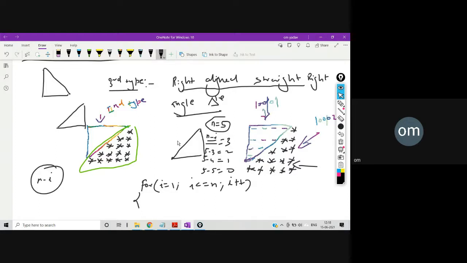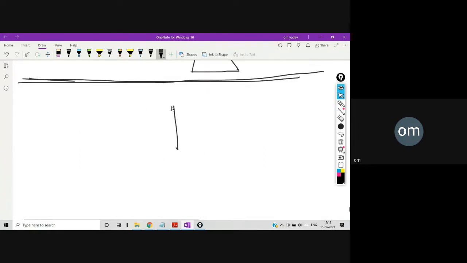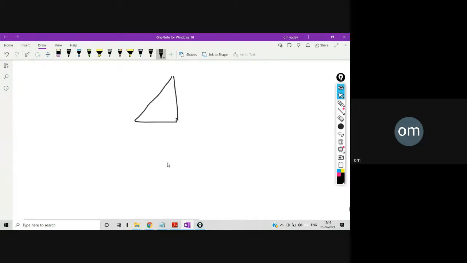And if you really want to become good in C language, then you must have command over these loops. If you have command over loops, then your logic will be proper. So pay attention to all these different types of patterns. We were doing this third type, which was like this. This is right aligned, and on the left hand side, if you see, these are blank spaces. So I told you that we have both the blank spaces as well as this particular triangle. For both, we have to write the loop and then print it. So quickly I can explain this one.